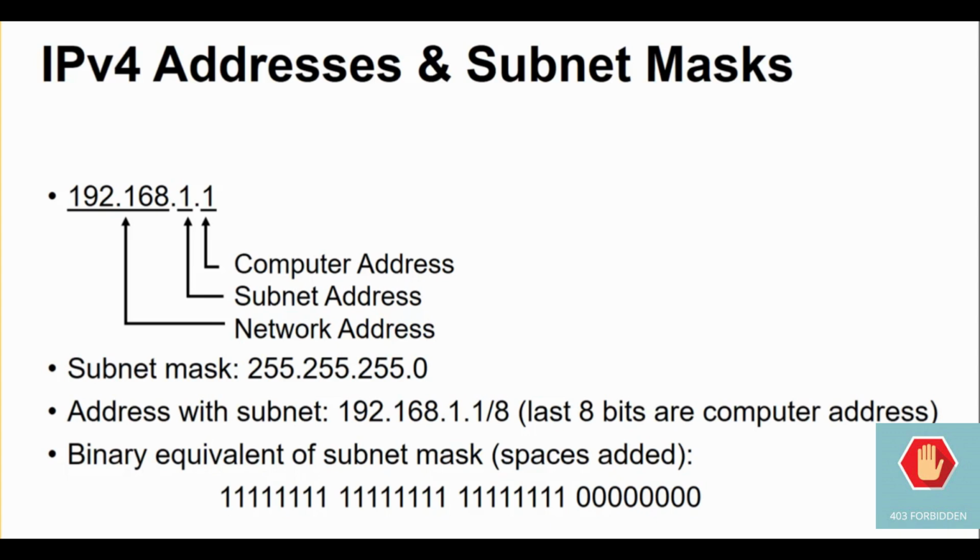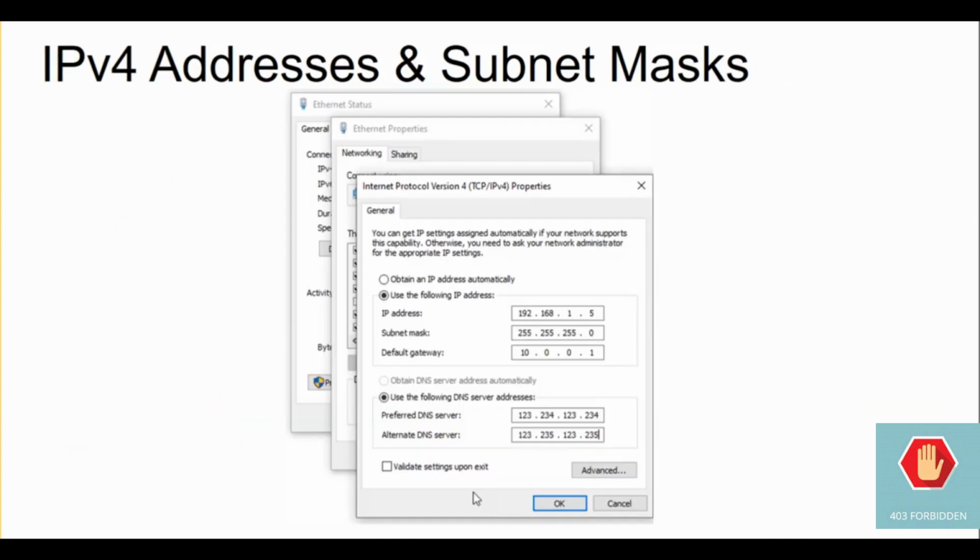At the binary level, a 1 means that part of the IP address is part of the network address, and a 0 is part of the computer address. You can see the 3 ways of specifying the subnet mask here. You can view the IP address configuration on your computer by looking at the IPv4 properties on your Ethernet adapter